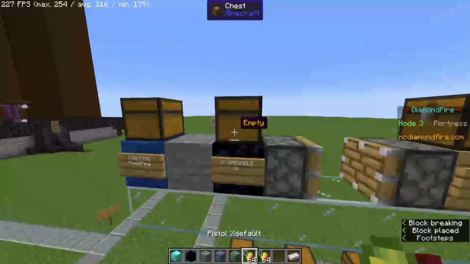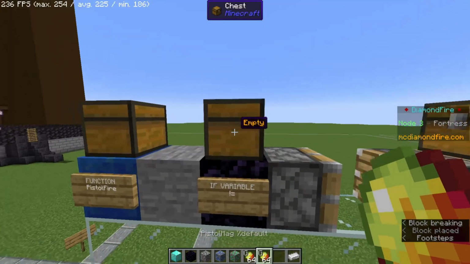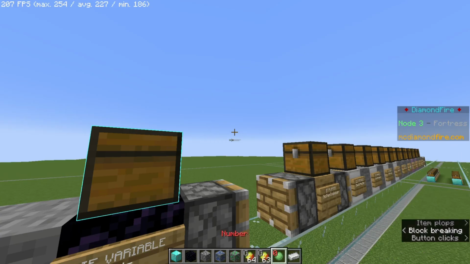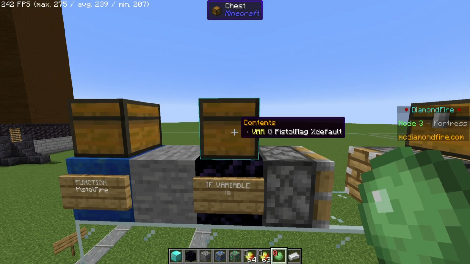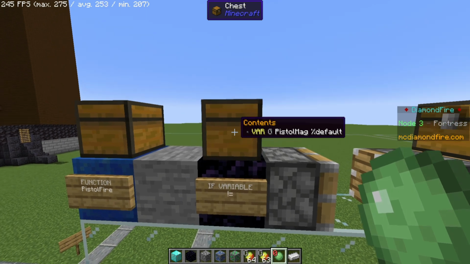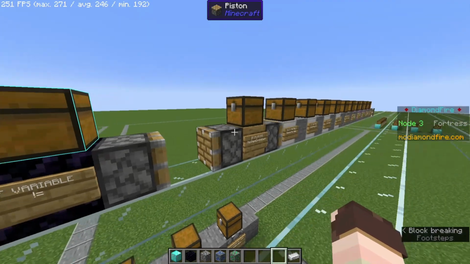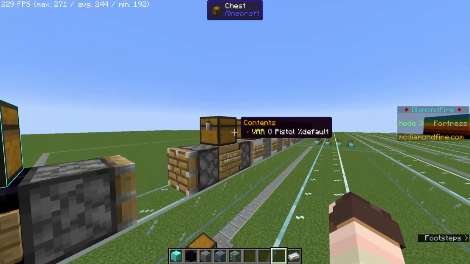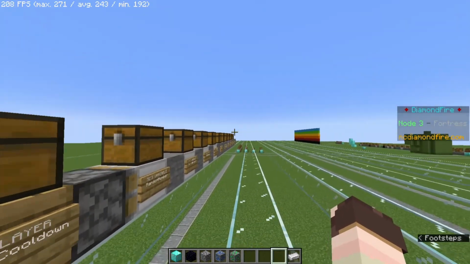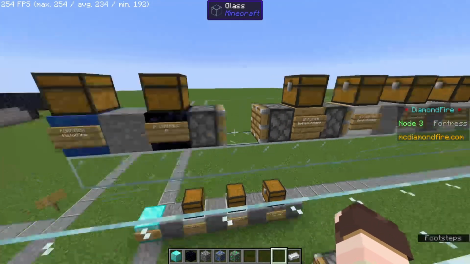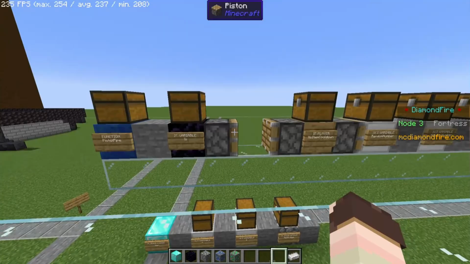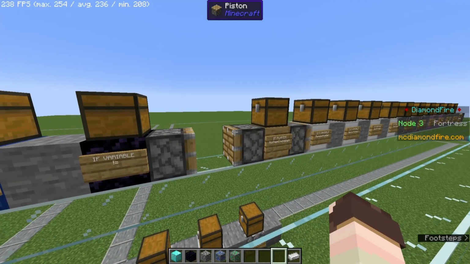Then put pistol mag default into the chest along with a 0 number value. This prevents the gun from firing on empty. The default value of all values is actually 0, so you can just put in the number value without doing anything else. Then, take all the code from the rest of the pistol fire function and put it into this if variable block. As far as I know, there is no one-click, super easy way to do this, so just